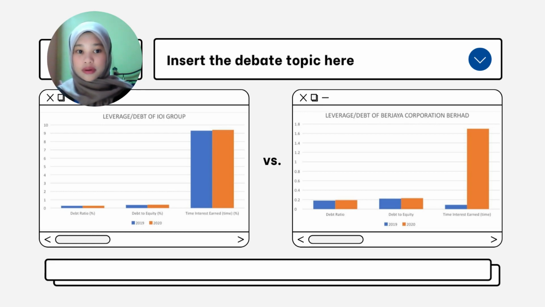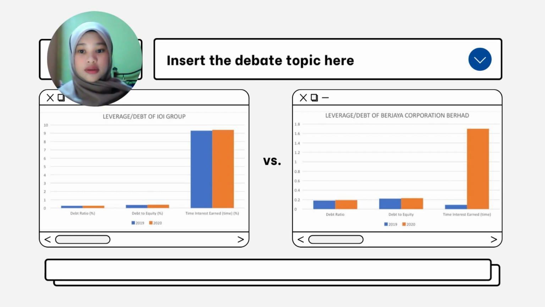I would like to present about leverage. First of all is about IOI Group. Based on the graph, it shows the leverage or debt ratio calculation for the IOI Group. The total debt ratio for 2019 shows data of 0.27%. Meanwhile, for 2020, the data is 0.28%. Next, for the debt equity, the data for year 2019 is 0.37%, while in 2020, the data shows